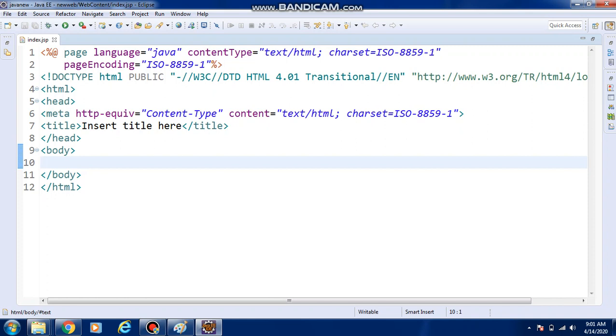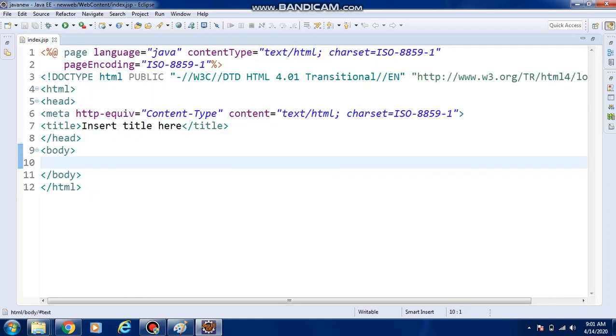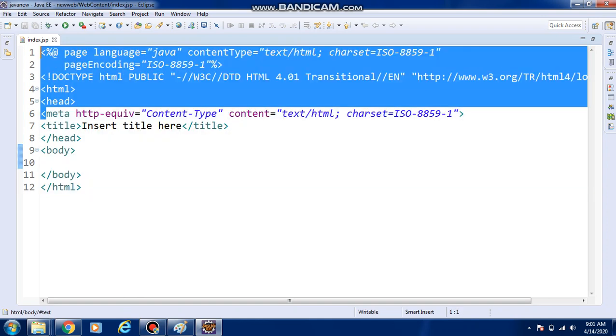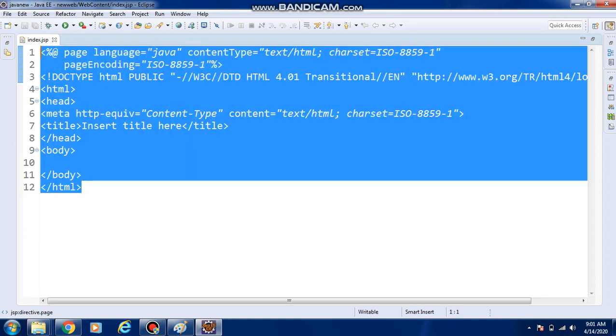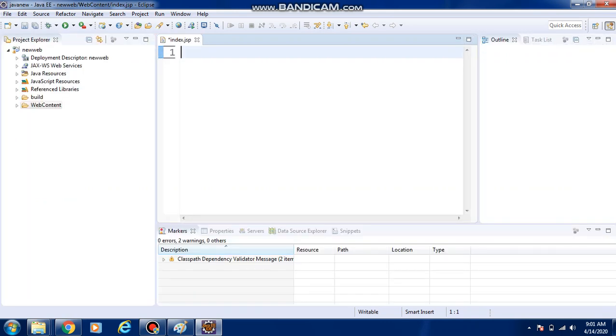Happily we can go with the HTML coding here. Everything comes inbuilt. If you want, you can do one thing: we can remove this coding also.